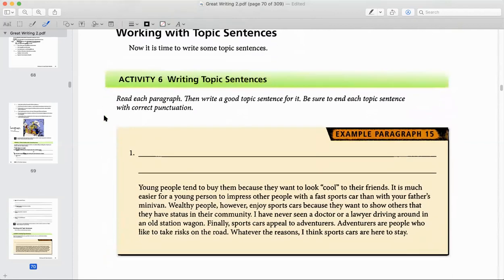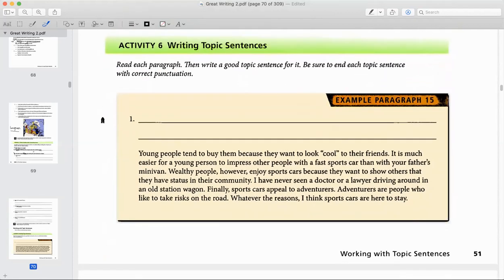Okay, now in activity 6, you're going to practice writing topic sentences for a paragraph. You'll see here that the paragraph is written for you already, but there's no topic sentence. So you're going to read the paragraph and then go back and think, okay, what would be a good topic sentence for this paragraph? So first thing you need to do is figure out,